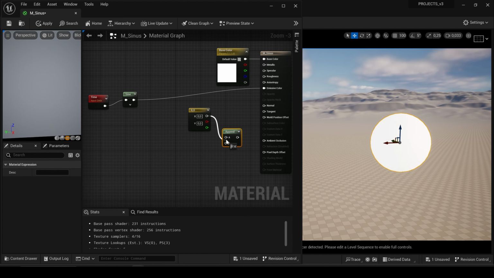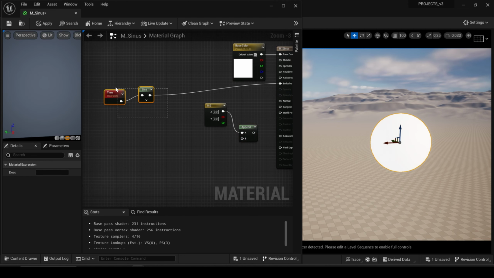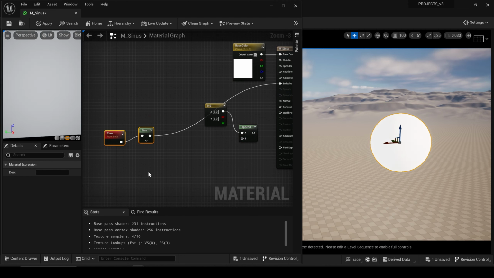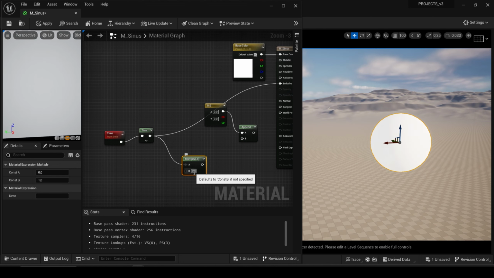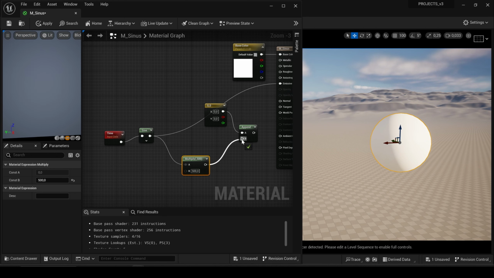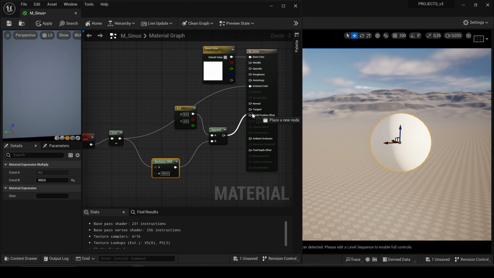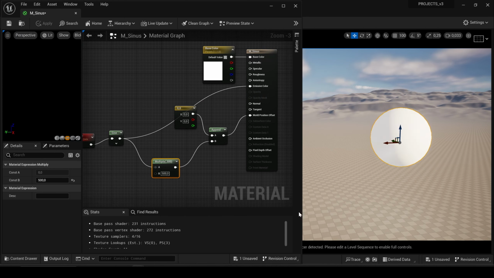vector, wire these nodes together, and for the Z axis we will use our sinus, but we will multiply it by holding M and left click, and the second value will be 500. Wire these nodes together, put it into the world position offset and hit apply, and we get this flashing and